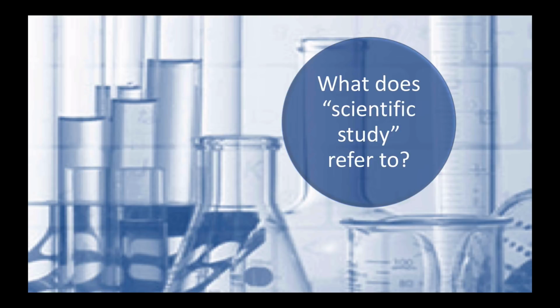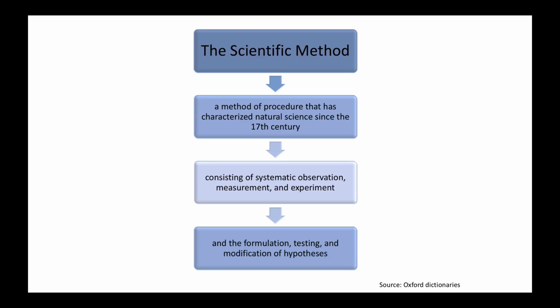So what does a scientific study refer to? The scientific method, and this just comes from the Oxford Dictionary because it's a really nice way to explain it. It is a method that has essentially characterized natural science since the 17th century, and it consists of systematic observation, measurement, and experiment, and the formulation and testing and modification of hypotheses based on the research literature, or what you would reliably predict to be the outcome of the study based on the information that is available. Usually that's existing theory or existing research studies that existed up until that point in time. So it's a systematic